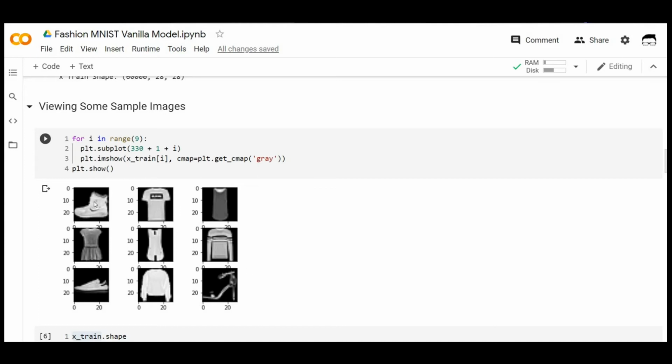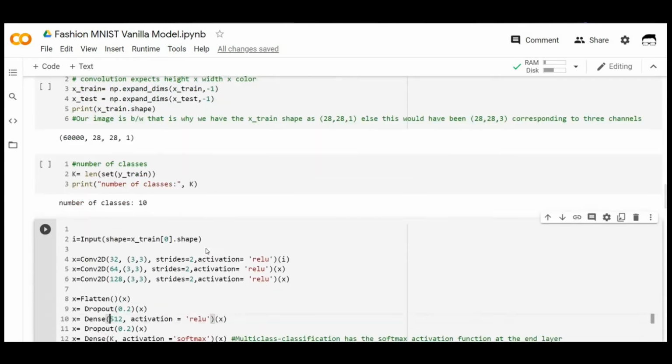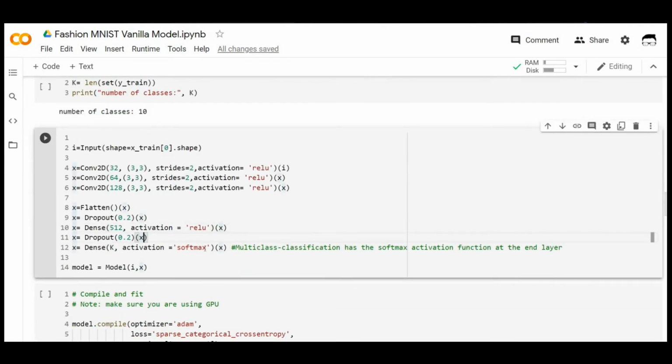And the reason why we use dropout is to avoid overfitting. So if you give your code a dropout value of, let's say, 20%, then it'll crop out 20% of each of the images from random places. So that is what dropout does. And as you can also see here, we've used softmax because this is a classification problem, and specifically a multi-class classification problem. So the last layer would contain a softmax.